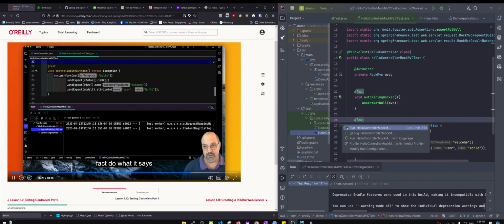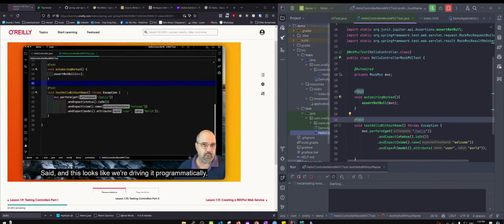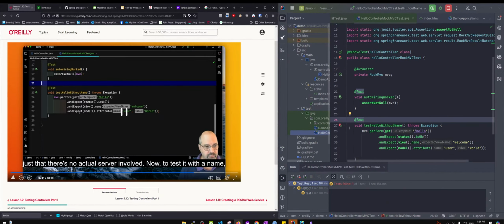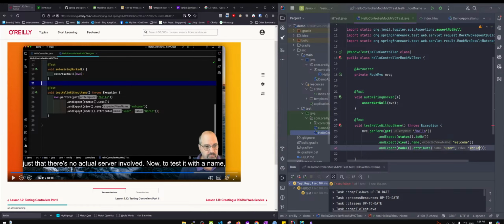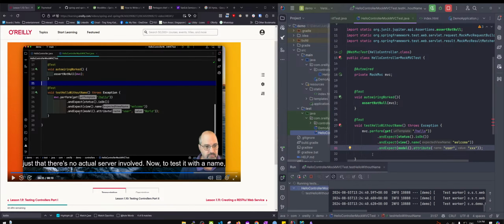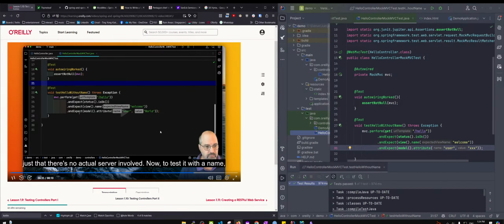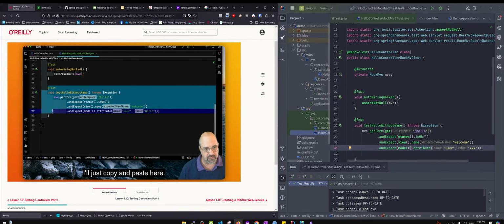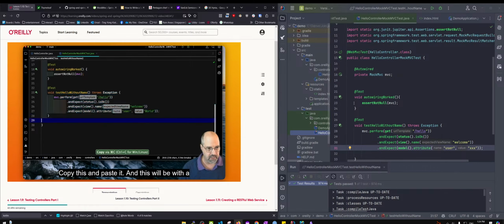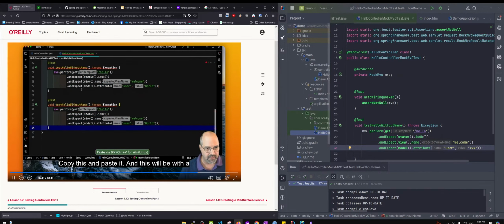So it did, in fact, do what it said, and this looks like we're driving it programmatically, just that there's no actual server involved. Now, to test it with a name, I'll just copy and paste here. Copy this and paste it, and this will be with a name. And then remember, I can